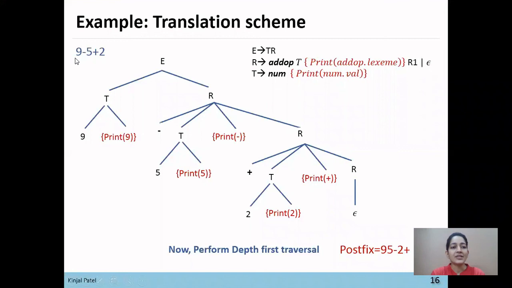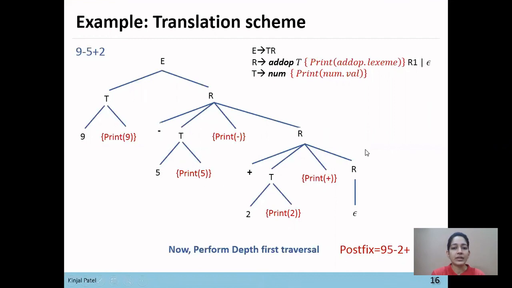The parse tree gets generated from this expression in first come first serve manner of operators. There are two operators, minus and plus, in this expression, so first minus will get executed and then plus.